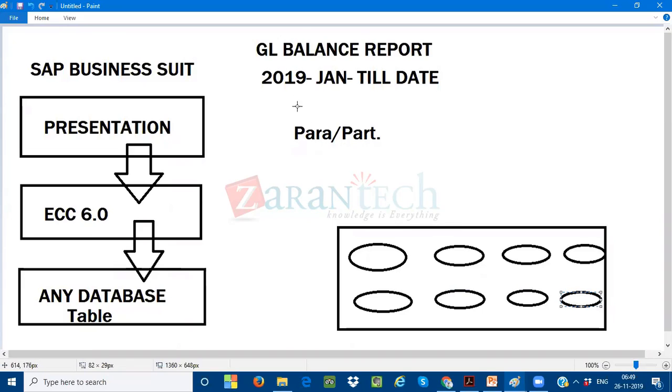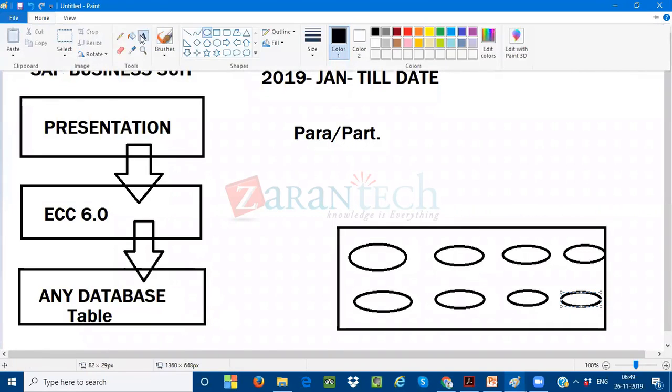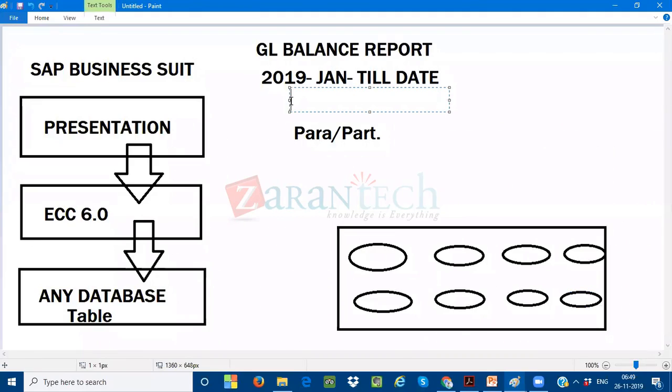Now, what tables are we looking at for this GL balance report? I'm looking at two tables. One is my header table, called BKPF. Another is my line item level table, called BSEG. Non-SAP consultants might find it tricky to understand, but when we start the classes, I'll explain in more detail which tables are now available in SAP S/4HANA and which are not. Don't worry about that for now, just consider it.